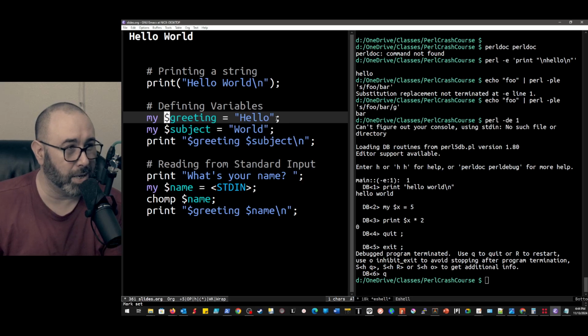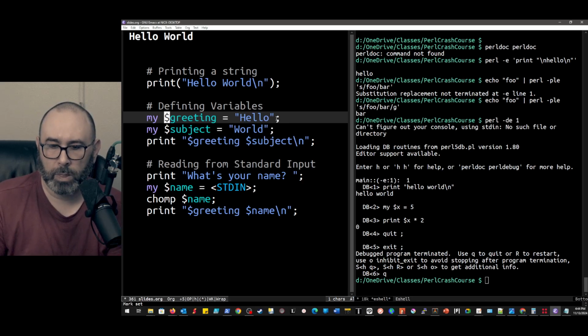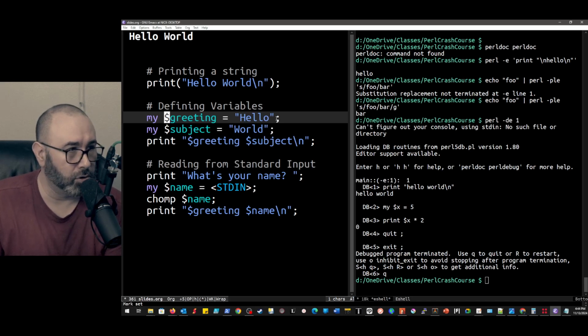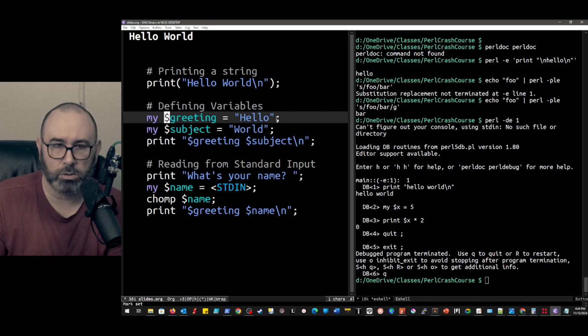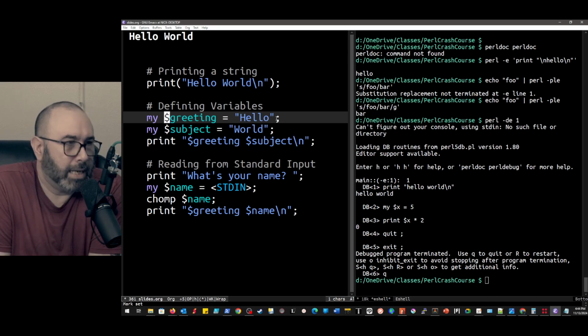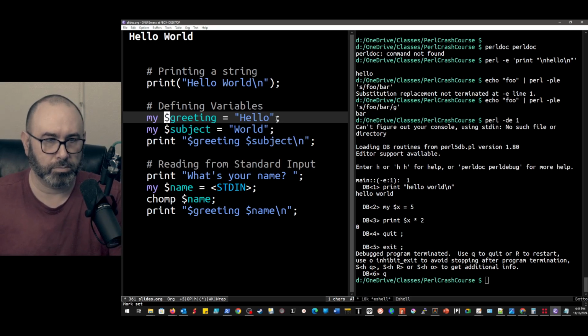Also, sometimes you'll have a system that's messed up. Maybe this is a physical system that you need to go in and get something fixed with, right? I know most people these days recommend treating things like cattle as opposed to pets and just blowing it away if there's something wrong. But sometimes you need to look at things for root cause analysis, to figure out what happened. And that may be that you're connecting over a serial connection. Maybe this is an embedded device, or there are a lot of different use cases where we might not have nice colored syntax highlighting. And this is handy. So that's a cool thing.